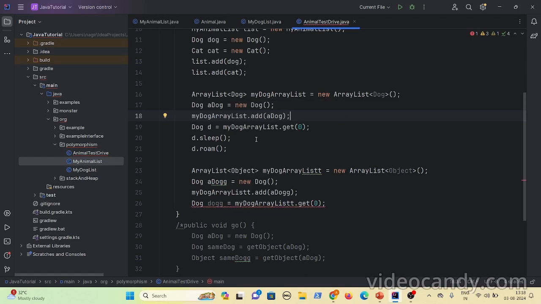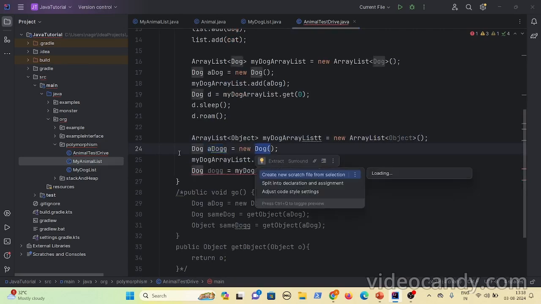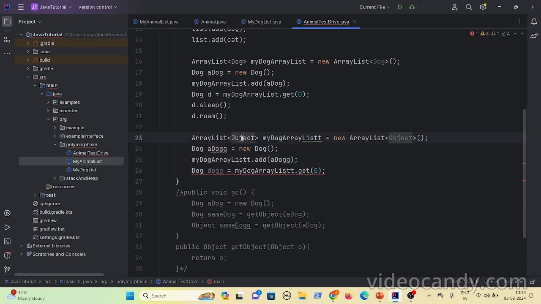But instead of adding dog or animal, let me go and add Object here. You have created a new dog instance and added the dog to the ArrayList. This will work fine, because the dog reference variable is a subclass of Object.